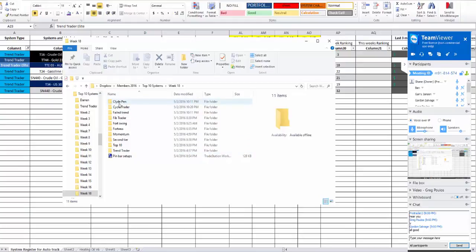So if you happen to want to identify a specific folder, you can jump in and have a look at that as far as